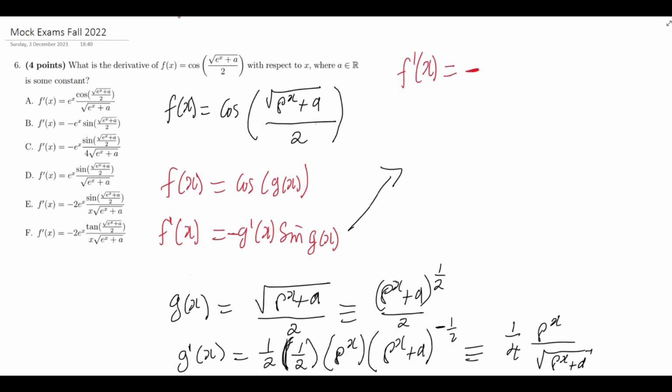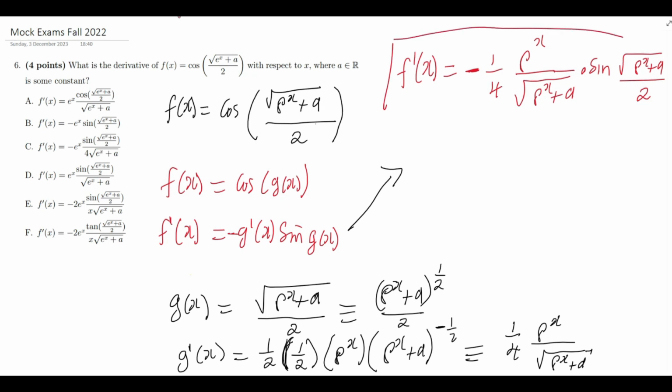G inverse of x, this is our value 1 on 4, e to the power x all over the square root of e to the power x plus a, multiplied by the sine of g of x. G of x was the square root of e to the power x plus a divided by 2. So that's our derivative function, and we have to now compare this with the options given to us and then